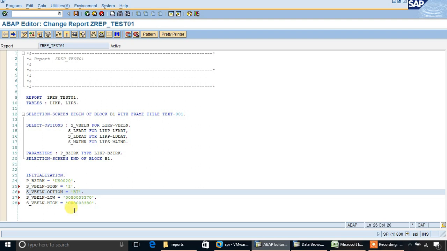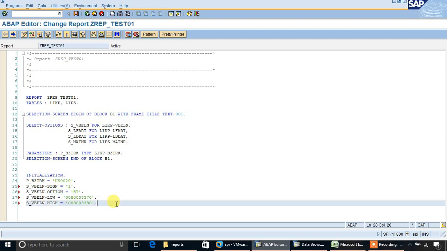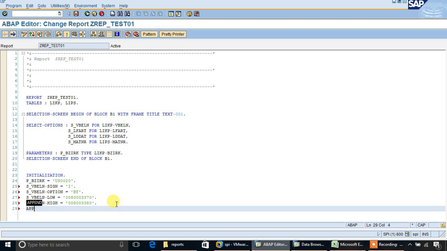By mistake I wrote ST in VBELN option, so I am correcting it. Now append these 4 different options in the select option S underscore VBELN. Append S underscore VBELN to S underscore VBELN. To S underscore VBELN is not required, so we can remove it.